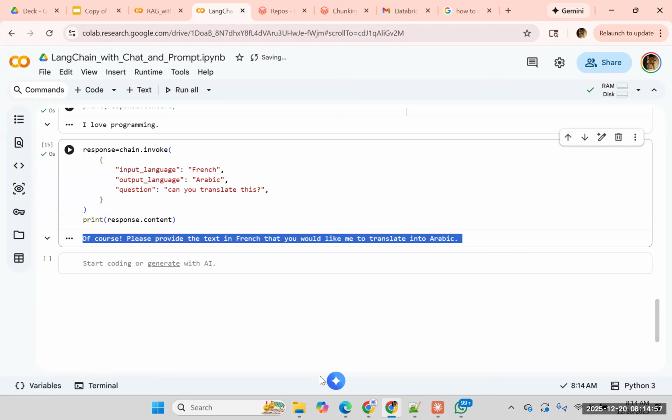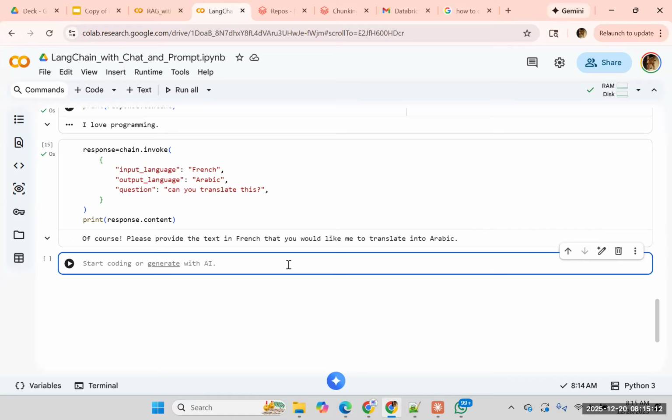Okay, so it is looking for some text in French. So it handles that. This one is doing that validation and all. Okay. And now if I say